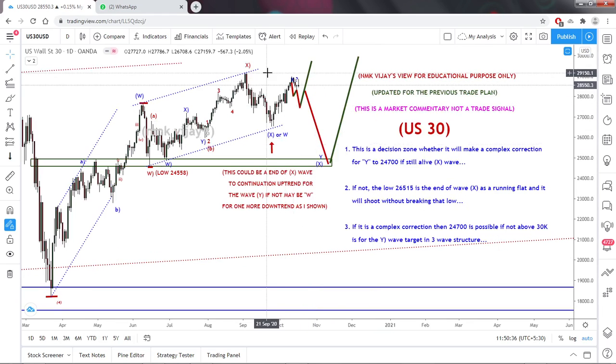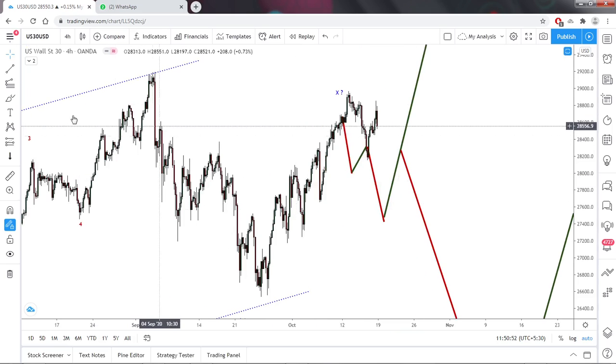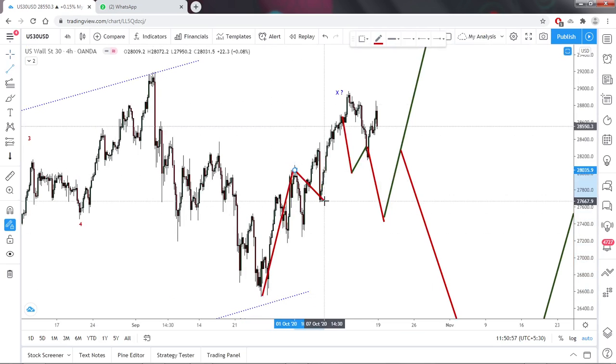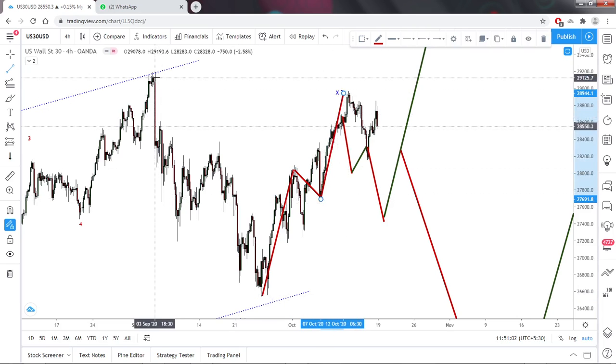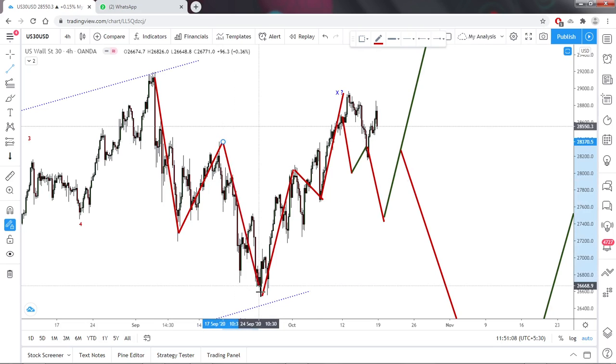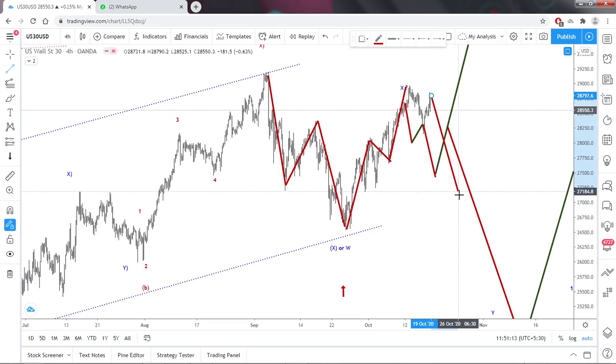So here I won't trade anything. I need to be on the buy side only, I'm looking only for buy trade setups. Here also it's looking like a three-wave structure in the 4 hours. This is also a perfect 5-wave structure up to here, and it did a running flat, and again it did a 3-wave structure. So this zigzag is completed. Here one A, B and C got completed. So again there may be chances of making it to this zone.